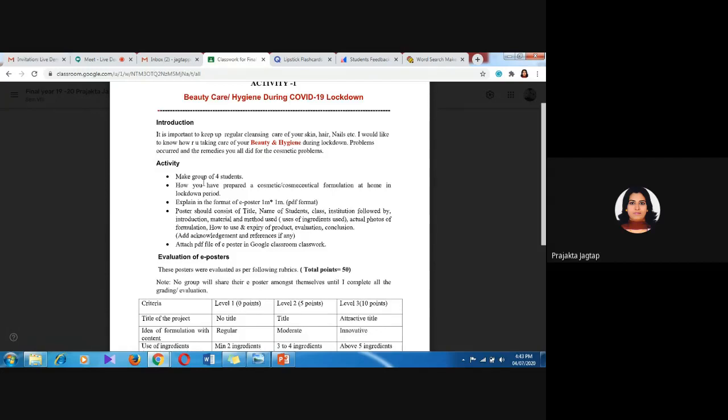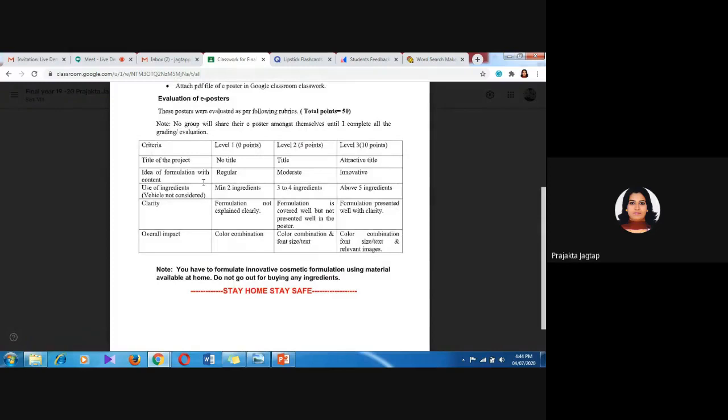So lockdown could also mean adopting a new routine. Students have been instructed to prepare a cosmetic formulation from the ingredients available at home and prepare an e-poster. This activity has been assigned in a group of 4 students.